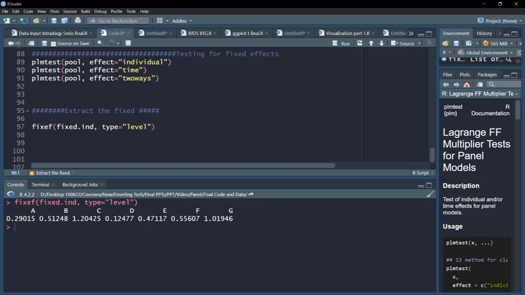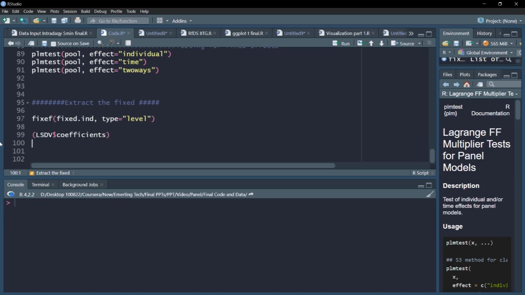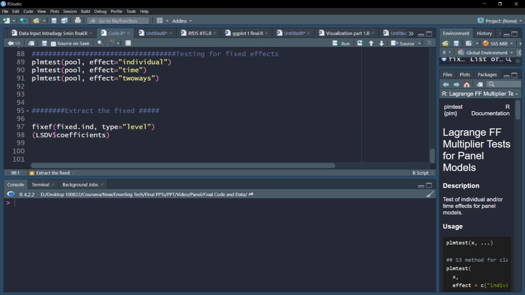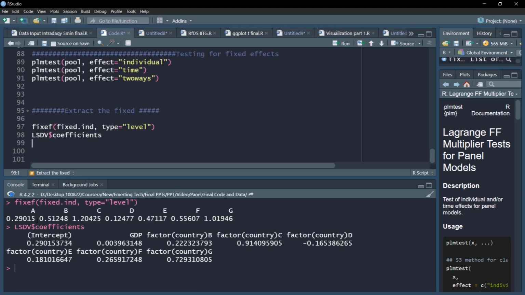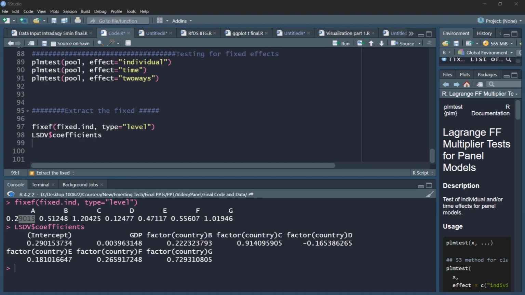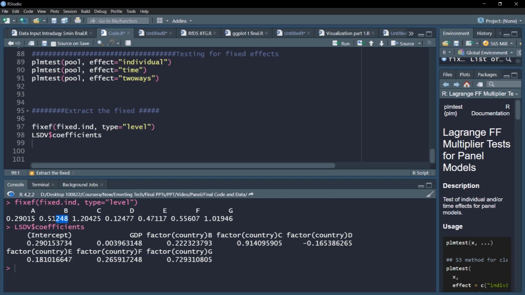Something interesting, we have already extracted the LSDV model. I'll show you that we have already done the LSDV model, and that there is a relationship between LSDV dummies and the levels fixed effect that we have extracted here. You can see that the intercept is loading the variable A, as you can see here. Similarly, I can add up this fixed effect at level by adding this intercept to this fixed effect which is at B to get this number. So basically at every individual country, it is the difference between the intercept and the level.